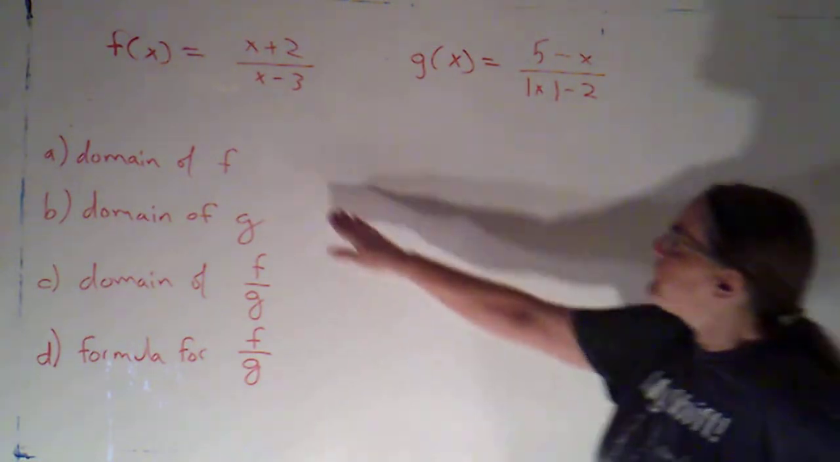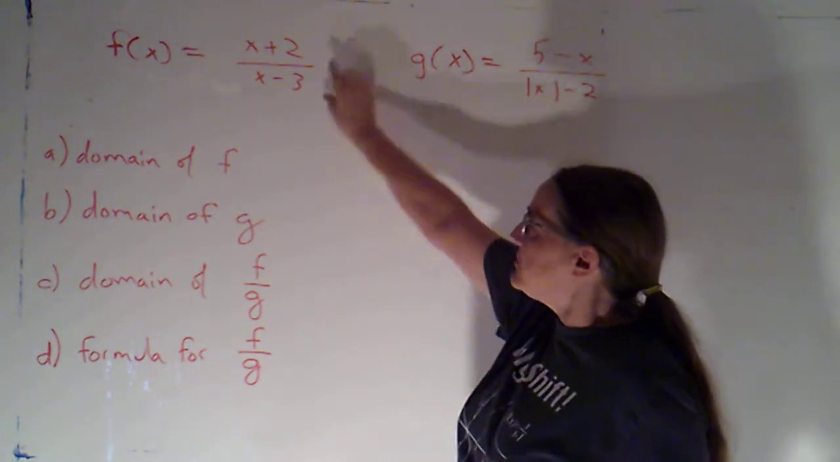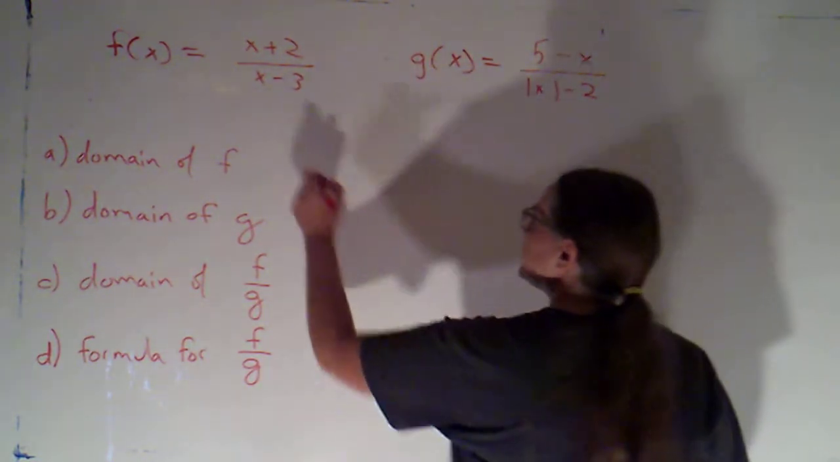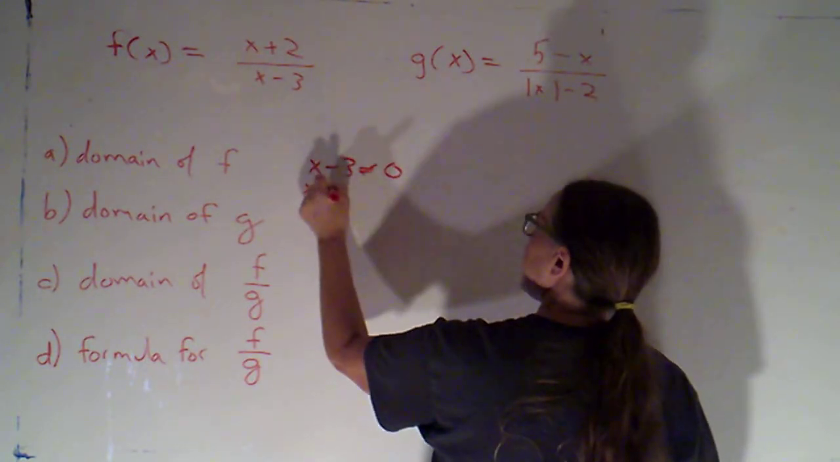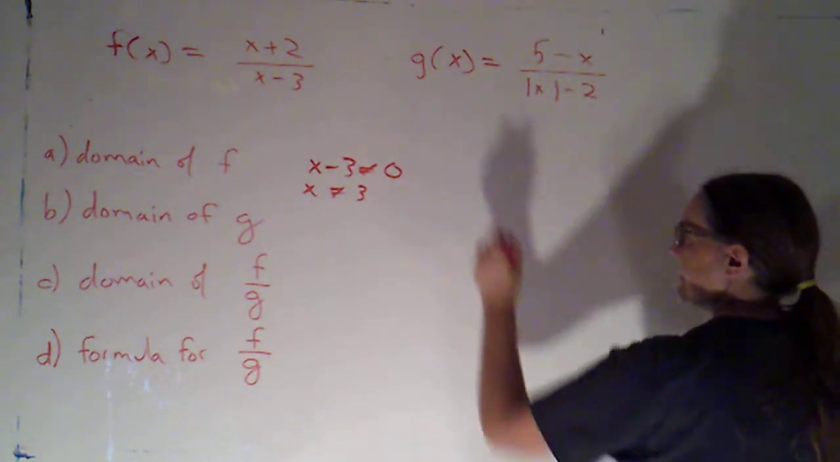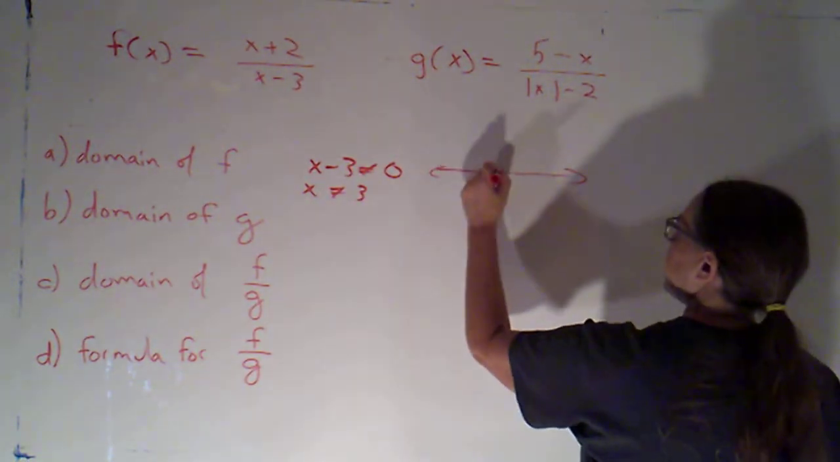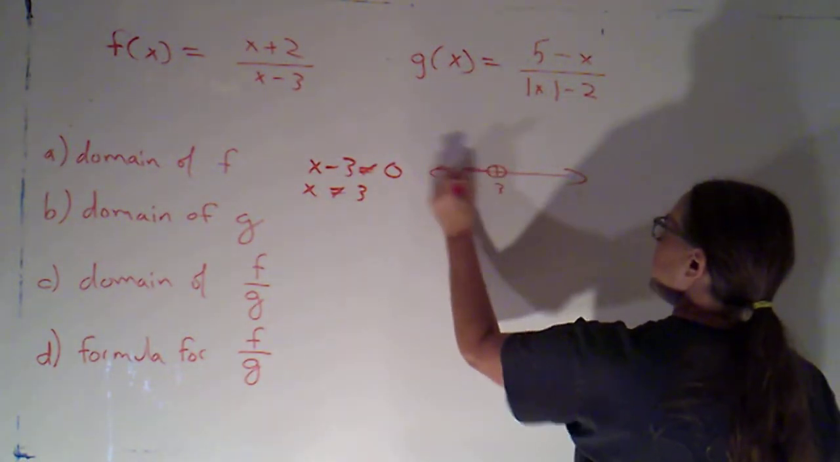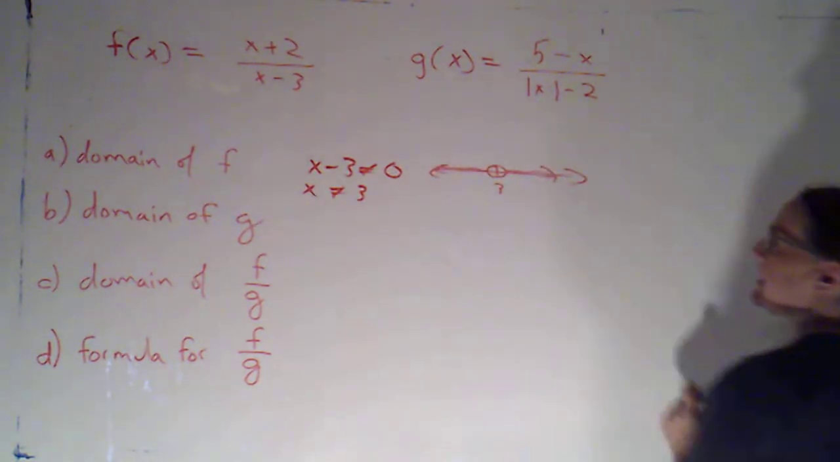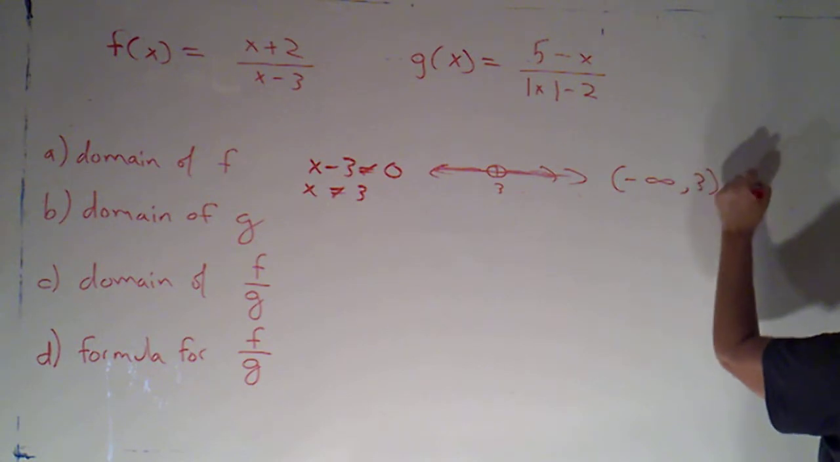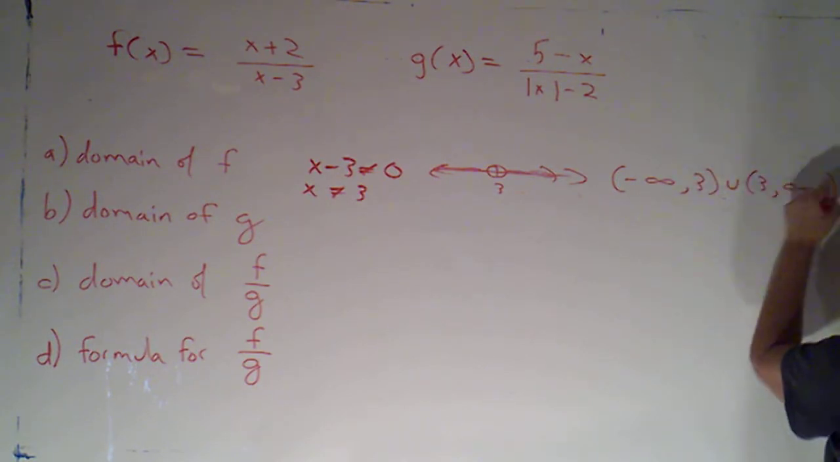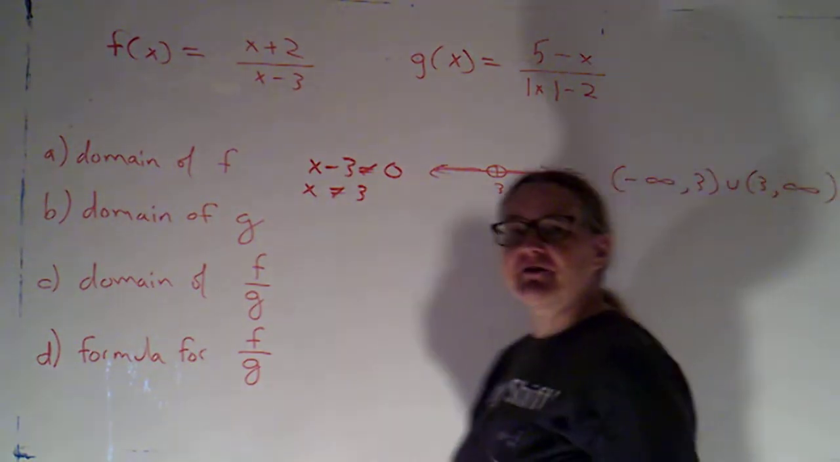All right, so for the domain of f, it is a fraction, and denominators can't be 0. So I know that x minus 3 cannot be 0. That means x cannot equal 3. If I graph that, that's everything except 3, and that shows me very nicely that in interval notation we've got two intervals. The interval of numbers to the left of 3, and then the interval of numbers to the right